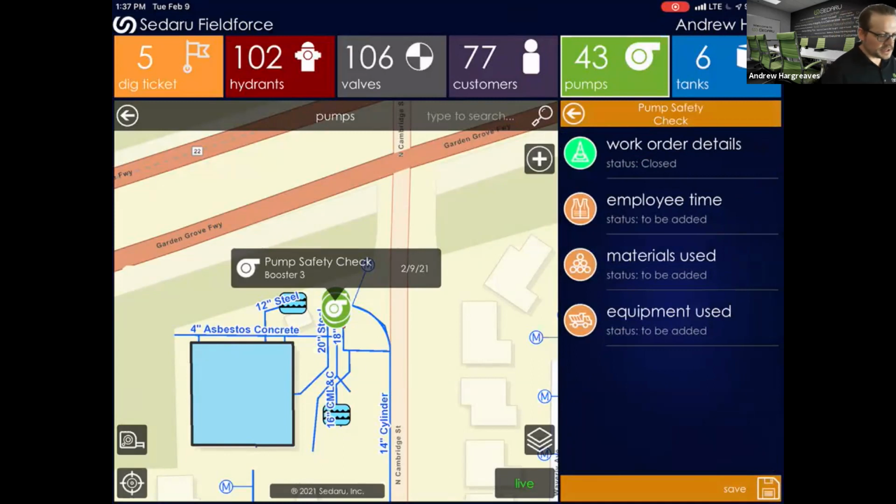Here's some of the equipment, labor, and materials that we talked about a little bit earlier on. You can see that my work's done. The cone is turned green. I've done that part of it. But